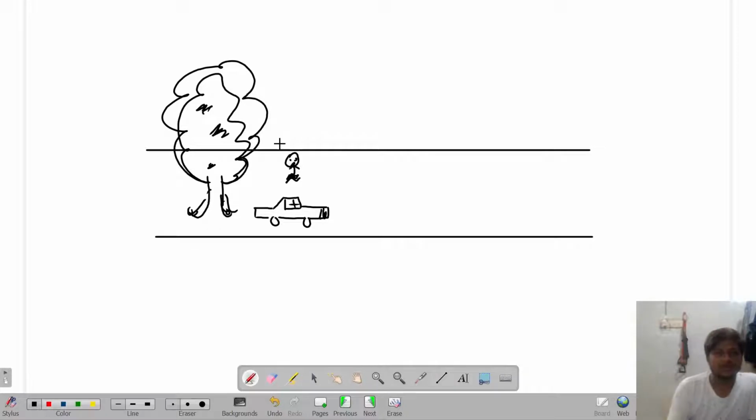Okay. So now look over here. If I have one observer over here who has a watch in his hand, the observer is watching his watch, and what he is observing is that the car is always at this position at each and every moment. 1 hour went, the car is here. 2 hours went, the car is here. 3 hours went, the car is here. Means what is happening? Time is increasing,